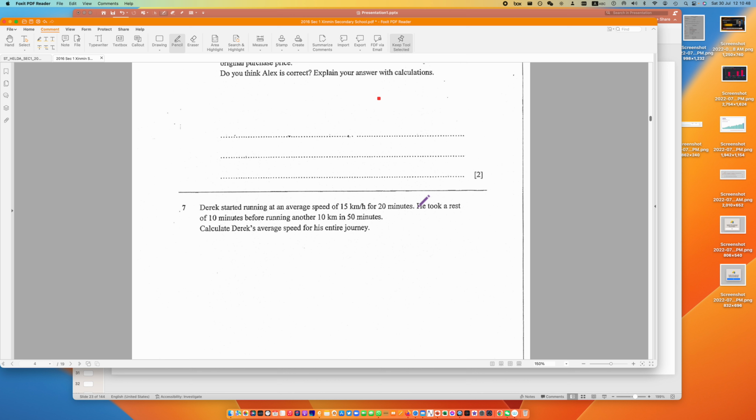You better use the right unit. For the speed, it's either kilometer per hour or meter per second. Any other unit, unless the question forces you to use other unit. If not, you're wrong. I just talked about it at the beginning of the lesson. And you don't go and create your own unit. Later, maybe you give me meter per minute. Later, you give me centimeter per minute also.